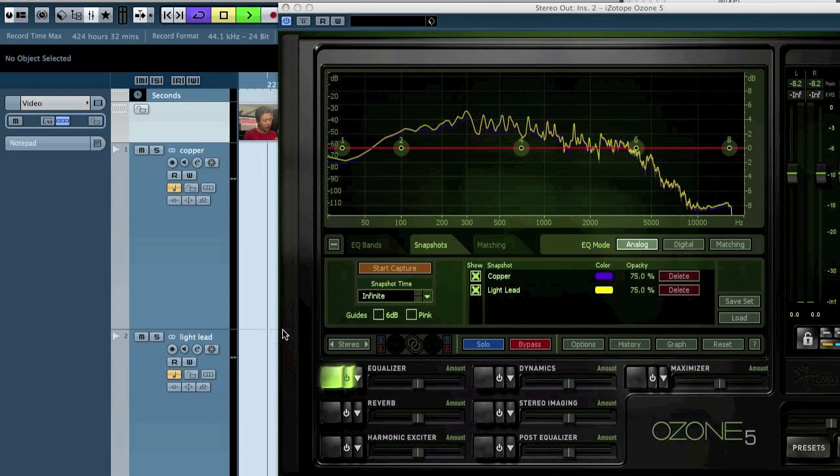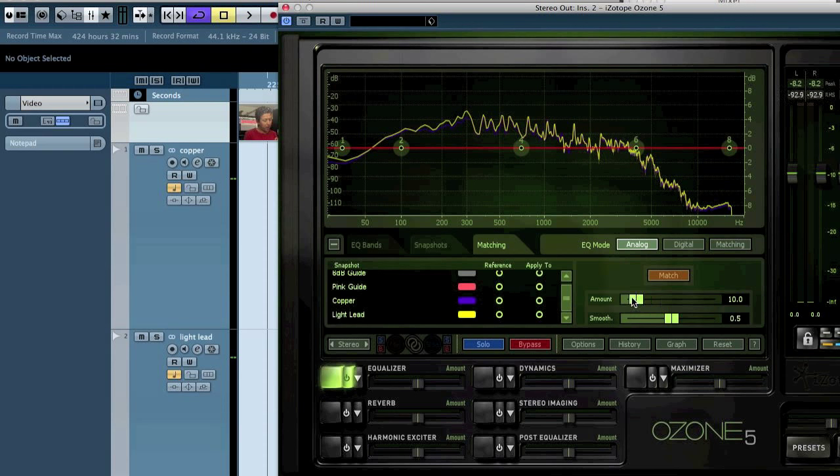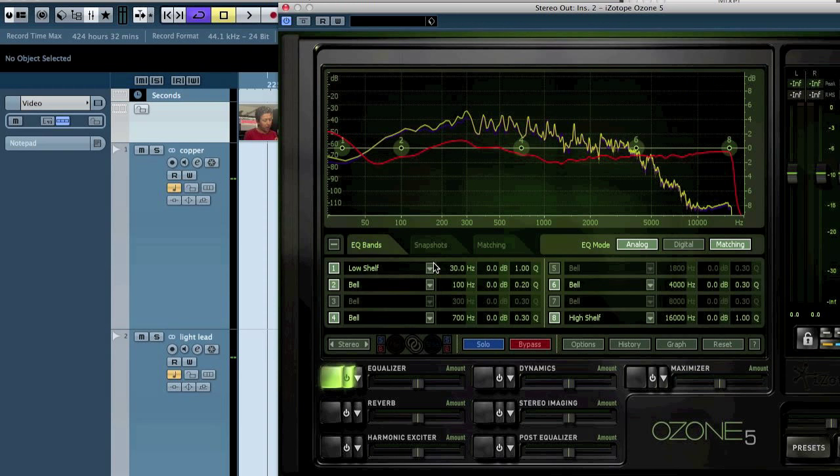So let's pause this. So let's use the match feature. So let's put the amount to 100, use the light lead as the reference, and then let's match it to the copper. And there is literally almost no difference in this curve. This curve comes from some sort of video codec thingy, and the low end doesn't really matter because usually with